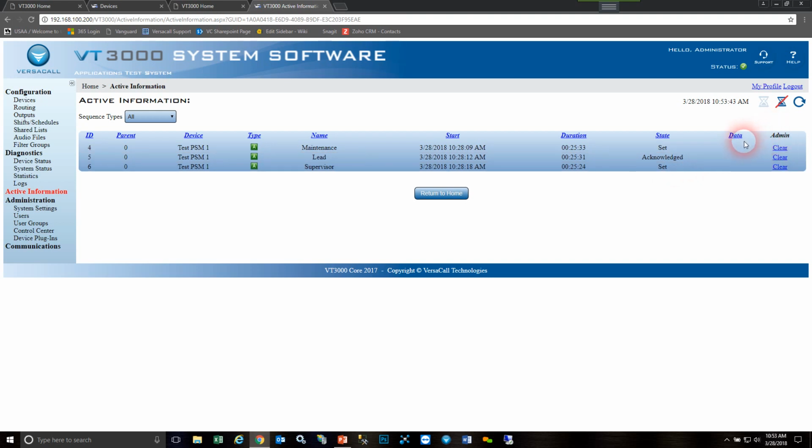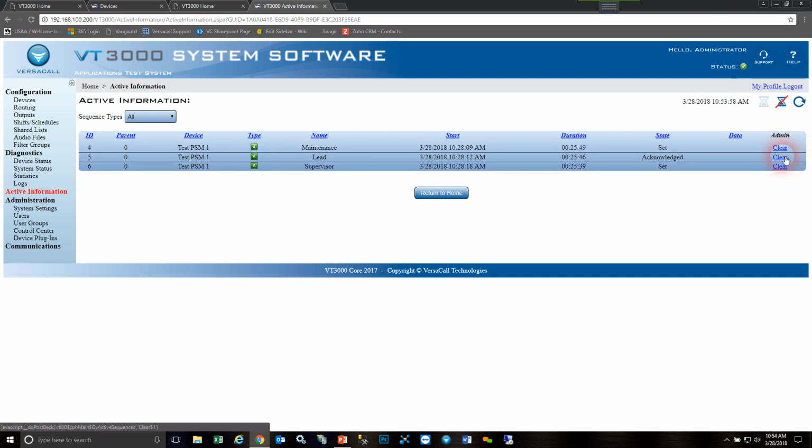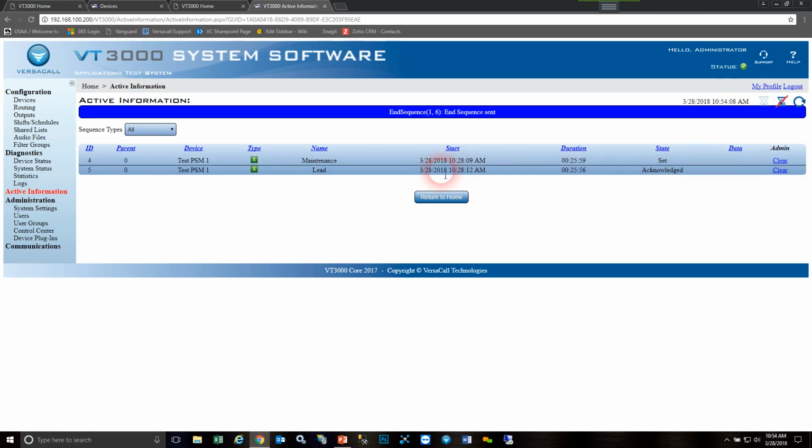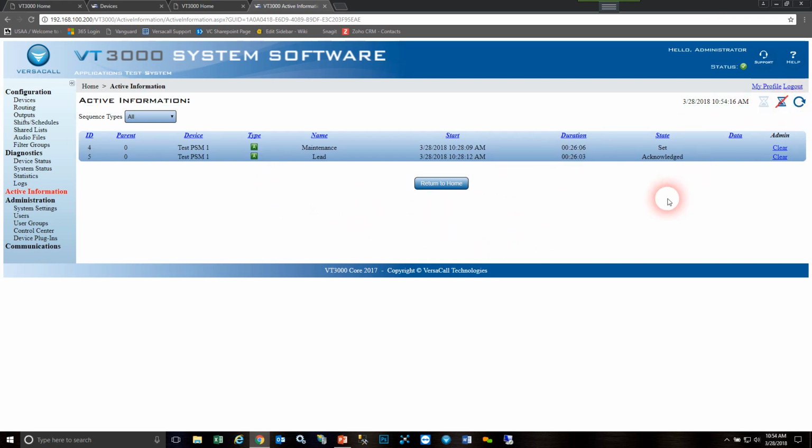Data is for something else that we get into later. Last thing you have is this admin, and basically it just means that you're allowed to clear this alarm out from here. So if I click this, it's going to clear this alarm from my page here, but it's also going to clear it off of the module. It's helpful, every once in a while you get one that gets stuck, and so you can just clear it out from here. That will conclude